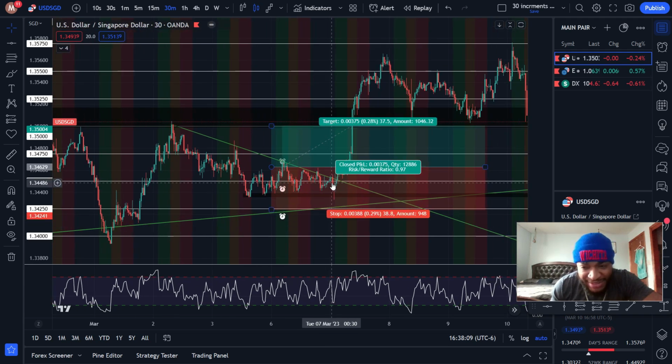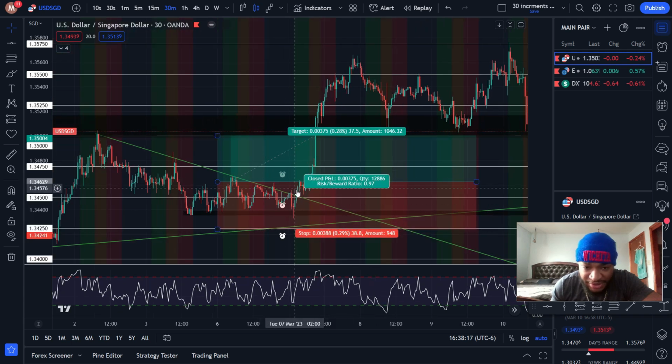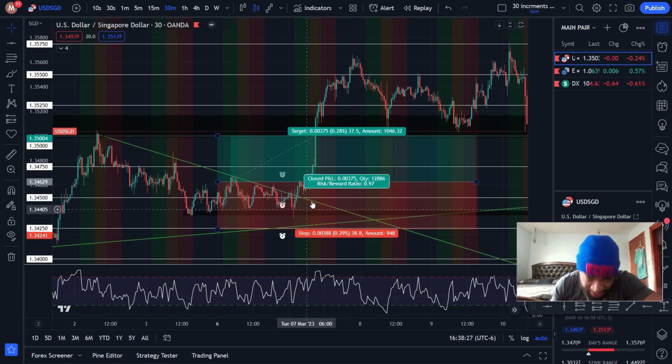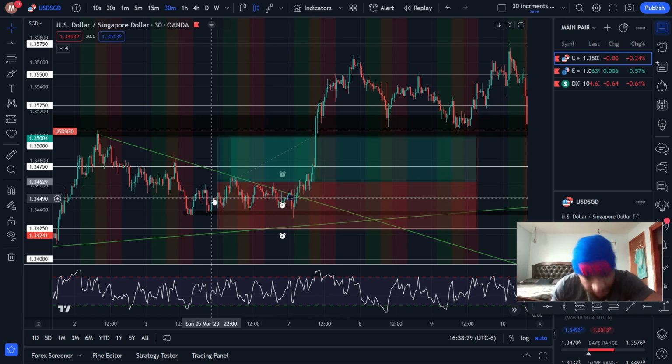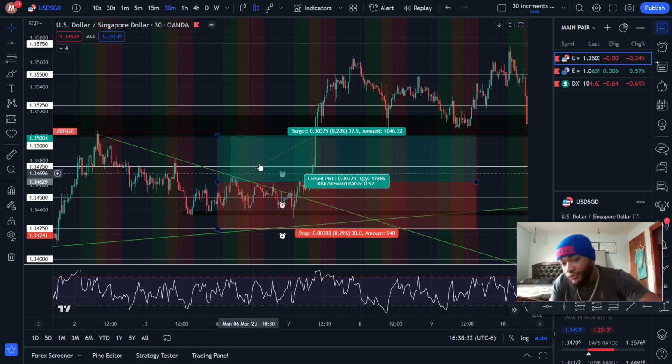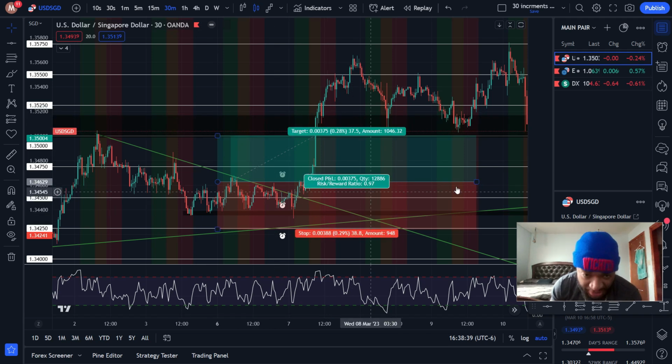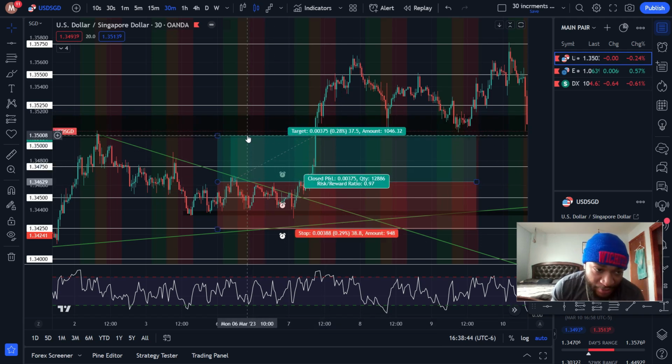My stop loss risk was, I believe, 150 on this position. But then I added another position, so I was around $300 risk, and I was okay with the risk, and I was confident. So when you're confident, sometimes you can risk more. But obviously, that comes with skill and being in the market. But I was confident to stack a position onto the trade, and my TP I set it at